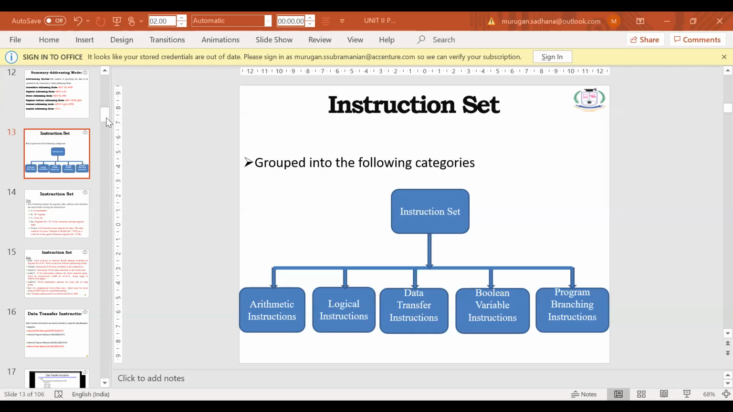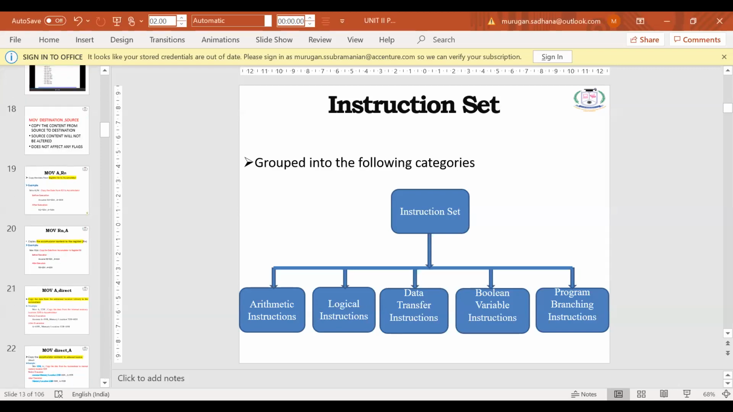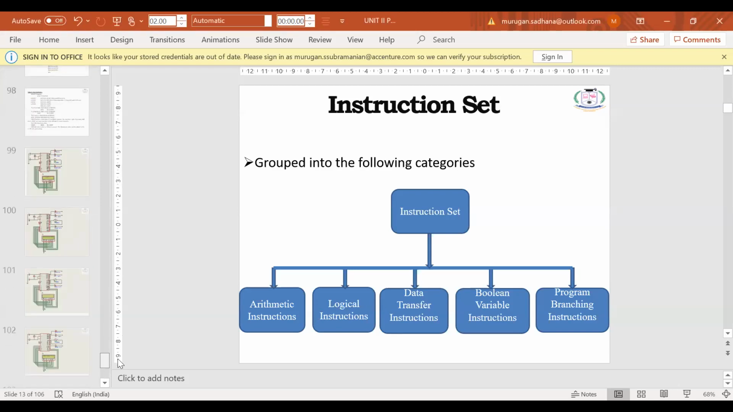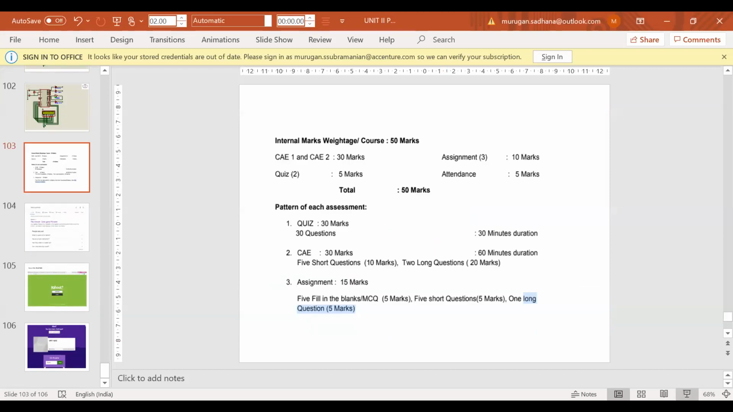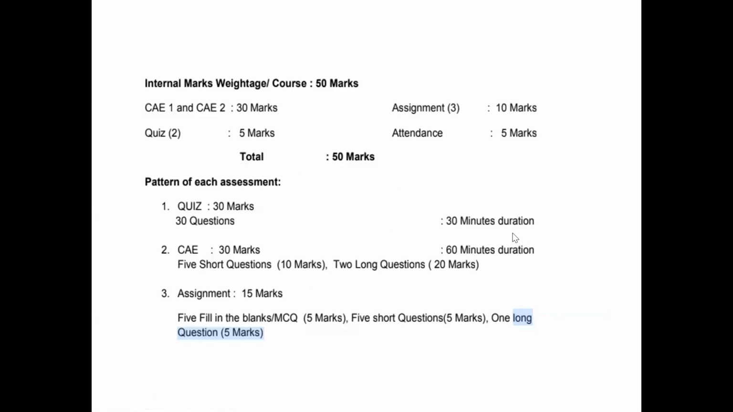Before moving to that, people please see. People listen to this. This is the way we will calculate. Has any staff told you about this? We are going to